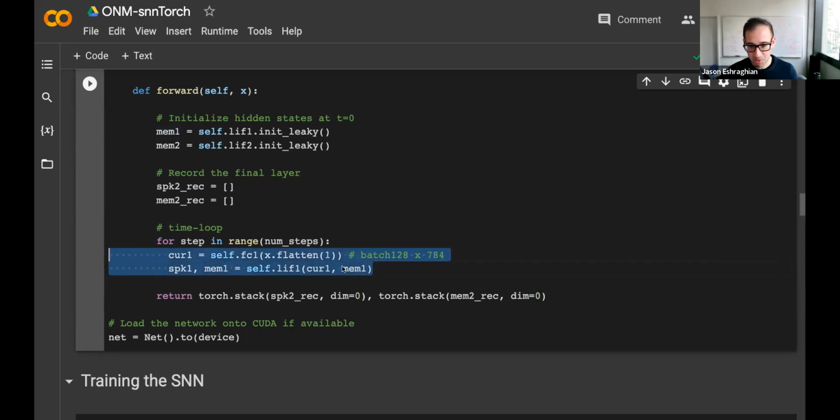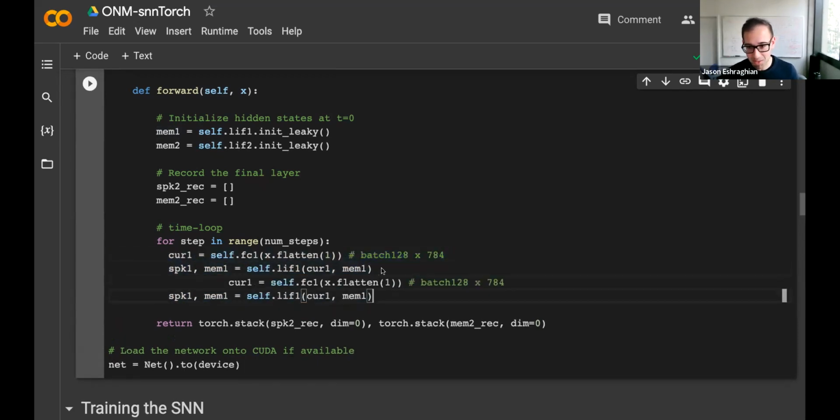Then we just repeat this, but with different layers because we have one more layer. So current 1 becomes current 2, self.fc1 becomes fc2. We no longer need to flatten anything because spike 1 is already in the correct shape, so I'll delete that. Then lif1 becomes lif2, spike 1 becomes spike 2, and so on.